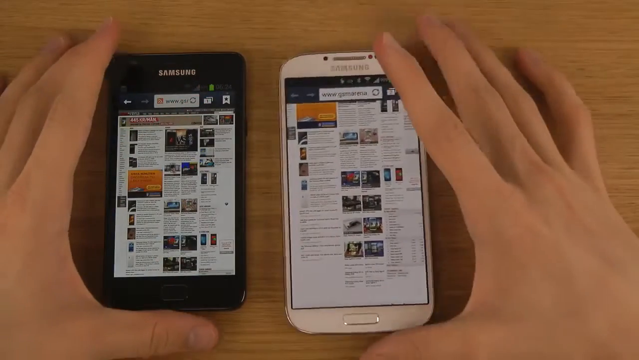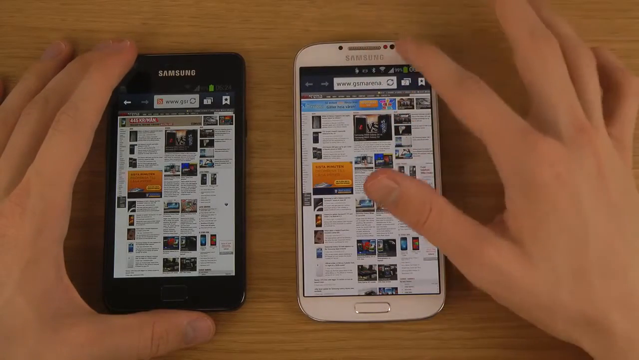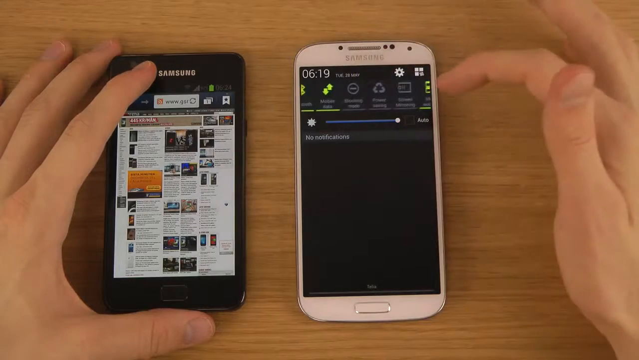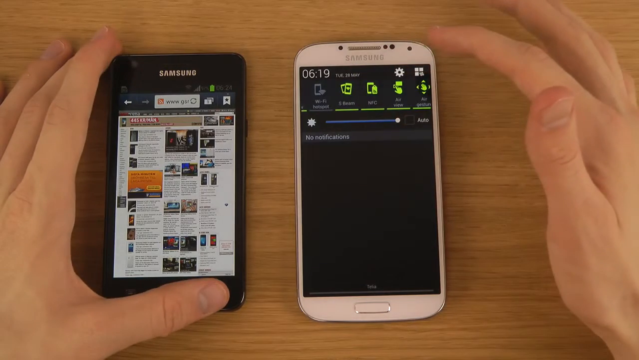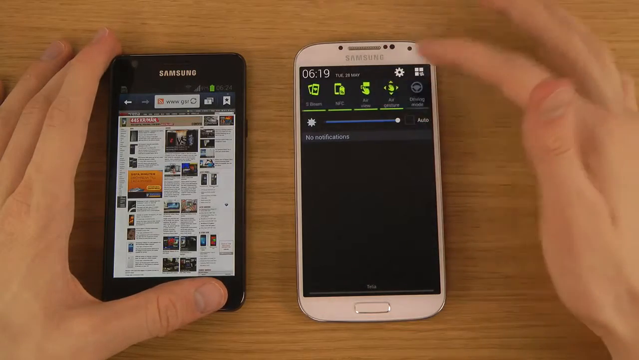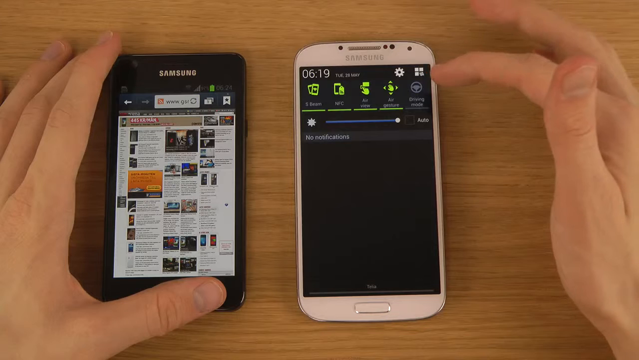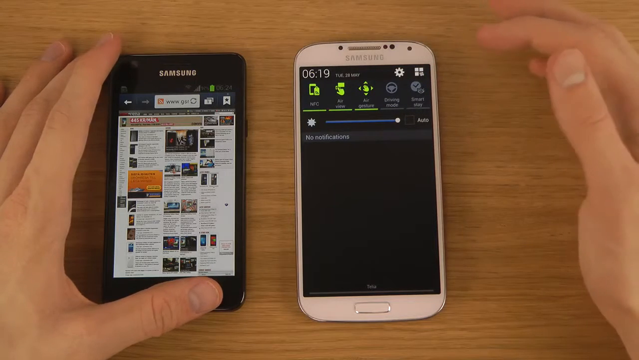So overall, it's not really that major of a deal. Let's see here, also some of the other smart features that we have that I might have been forgetting. So I did check out Air View, Air Gesture, which I also checked out,